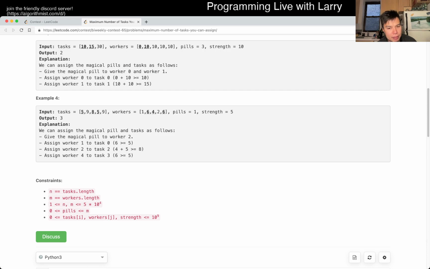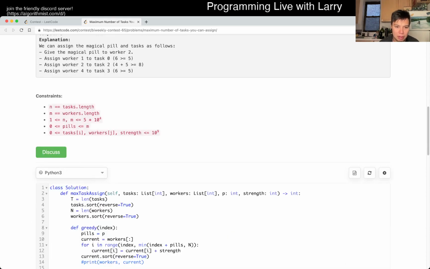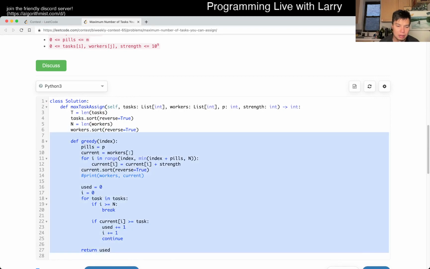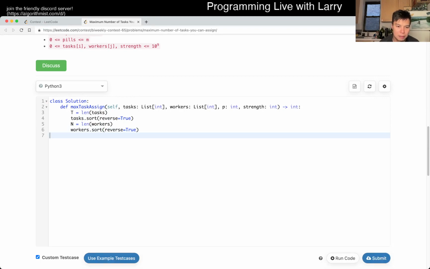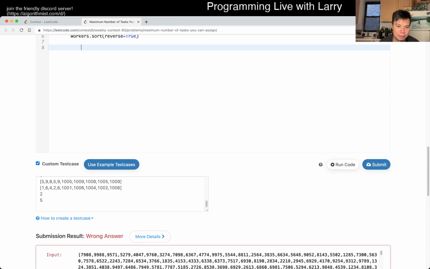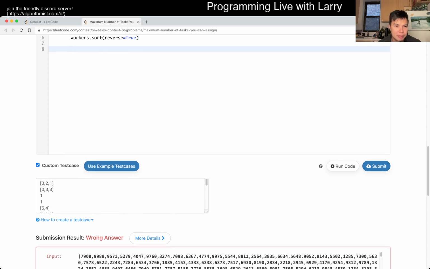So, can greedy work? The DP is actually pretty easy, but